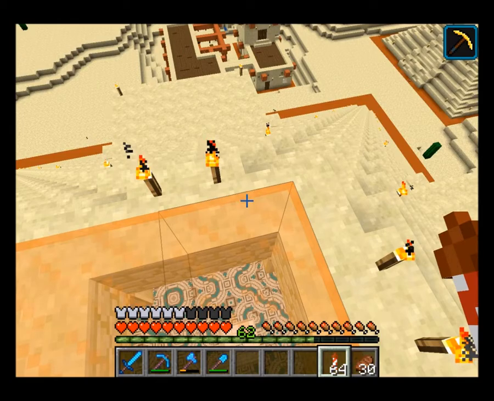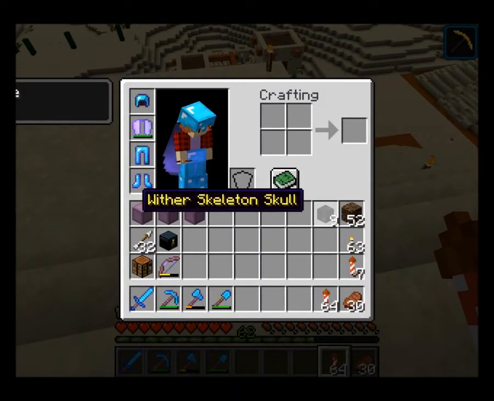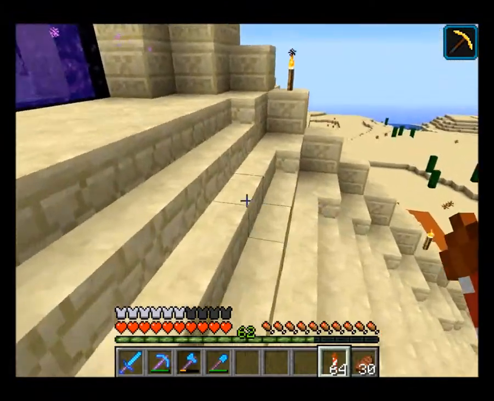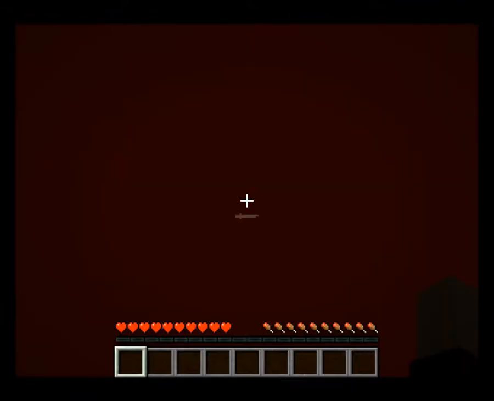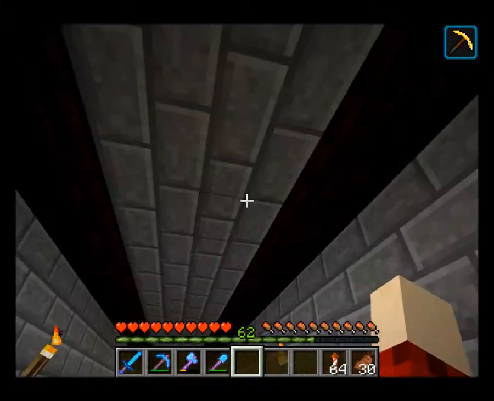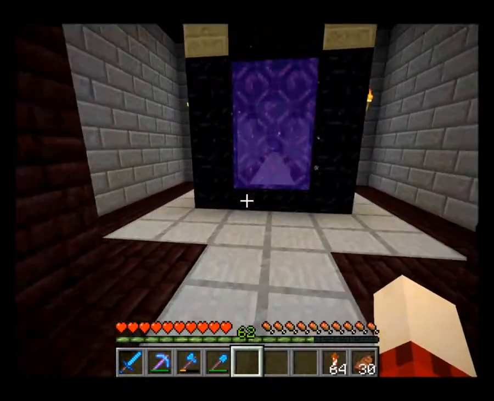Now, what I have been doing on and off is manually farming wither skeleton skulls, and I've managed to get 9. Fantastic, because that is 3 more beacons. So what we need to do now is we need to go to the end. We need to go kill 3 withers and then we can...